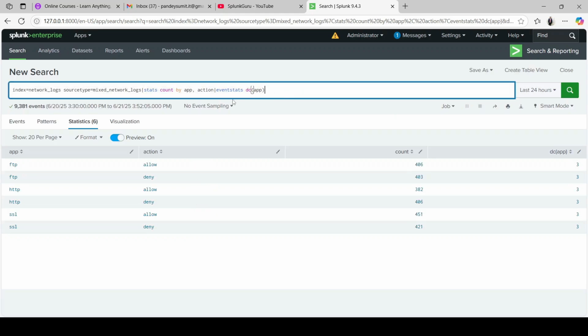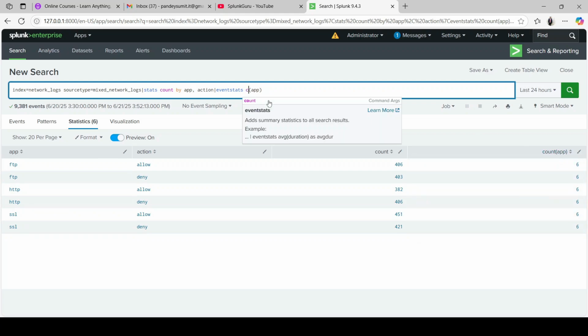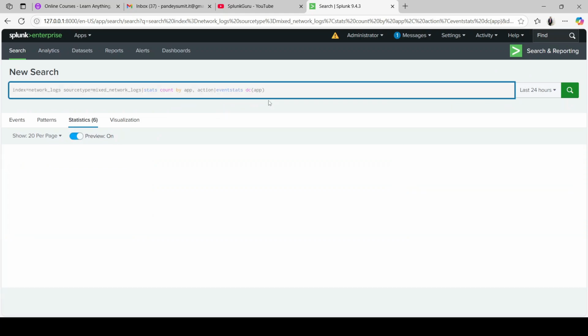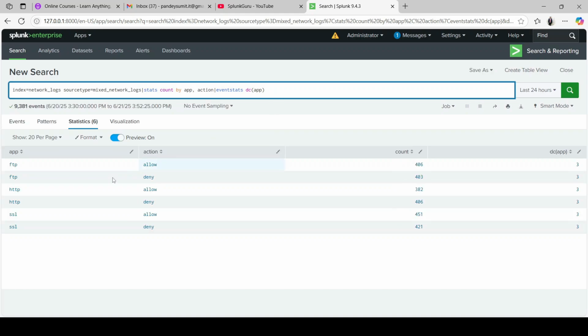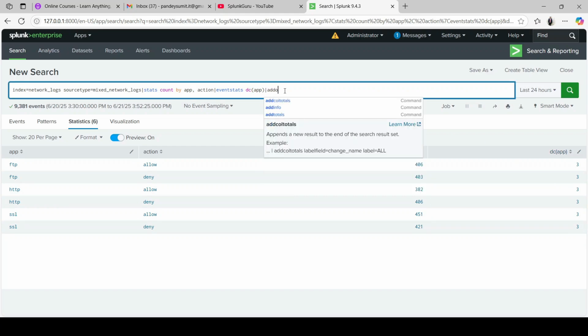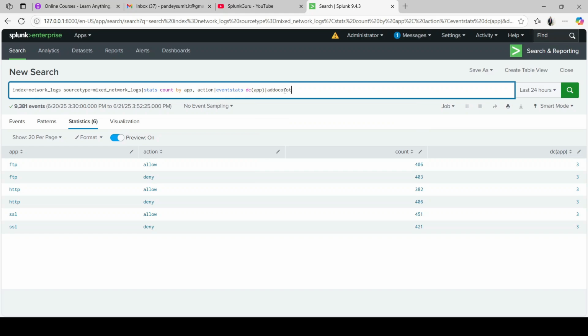DC of app basically. DC is nothing, it's the distinct values for that field. If I put count, it will count each occurrence of the app field. So 1, 2, 3, 4, 5, 6. In total, it will give me that there are a total of 6 apps. But I want how many distinct apps there are. So I just put DC of app, and you can see 1, 2, 3 distinct apps are there. So it will give me that count. And even I can put another sequence here followed by a pipe